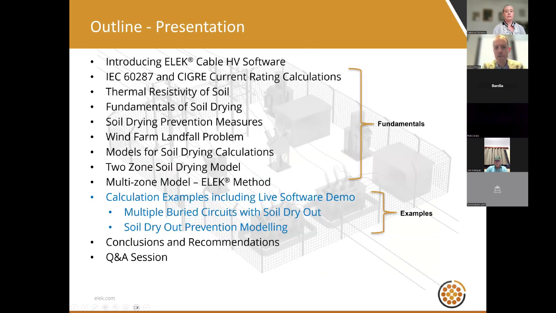In this presentation, I will quickly introduce Elec Cable HV software. I will talk about the fundamentals of soil drying calculations, including the IEC standards, CIGRE documents. I'll talk about thermal resistivity of soil, the fundamentals of soil drying, soil dryout prevention,